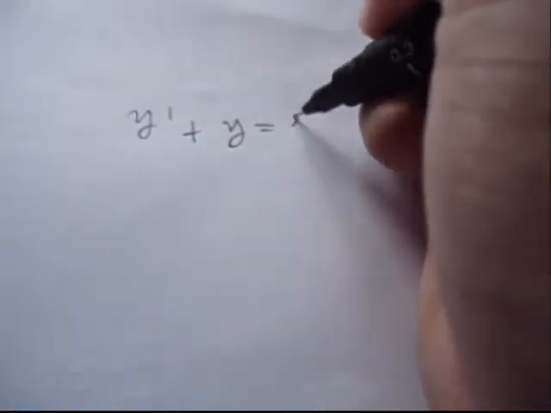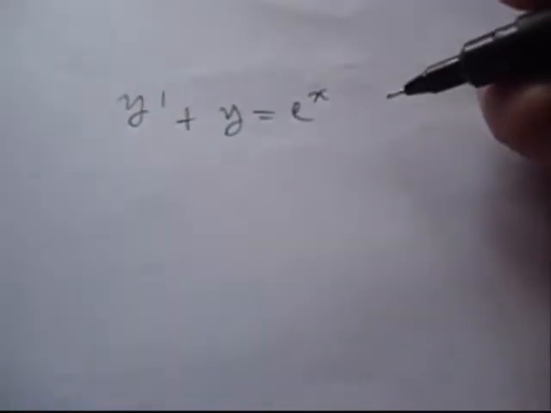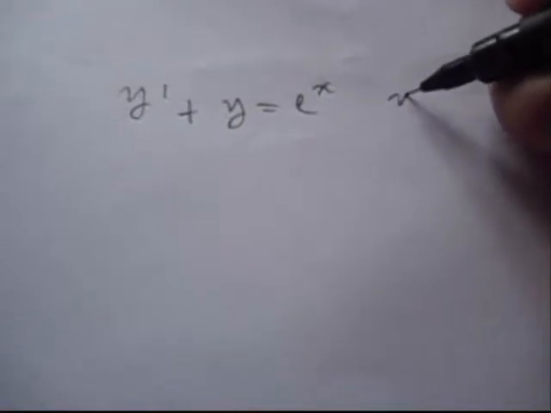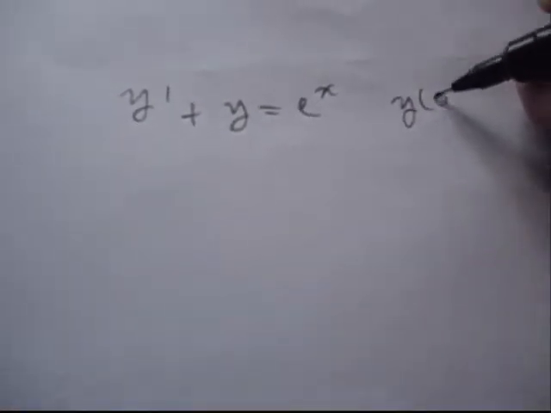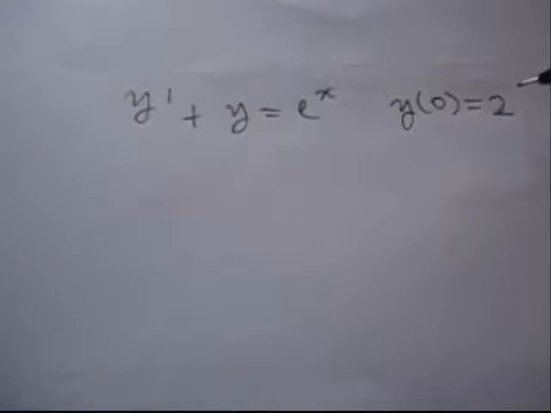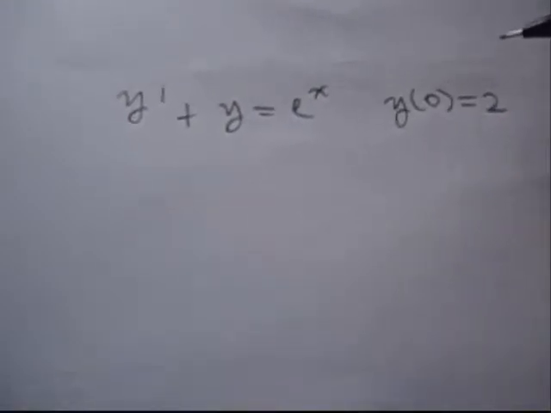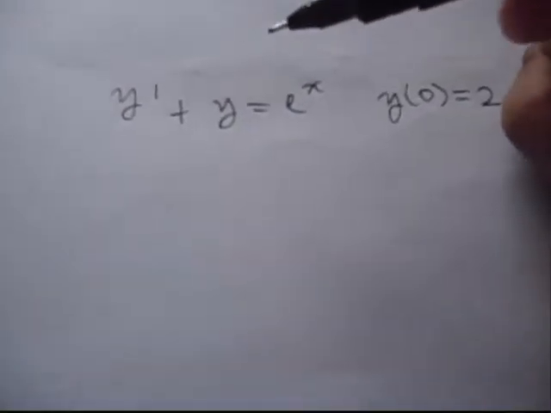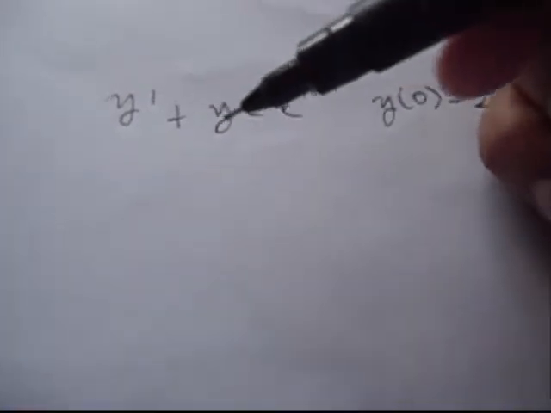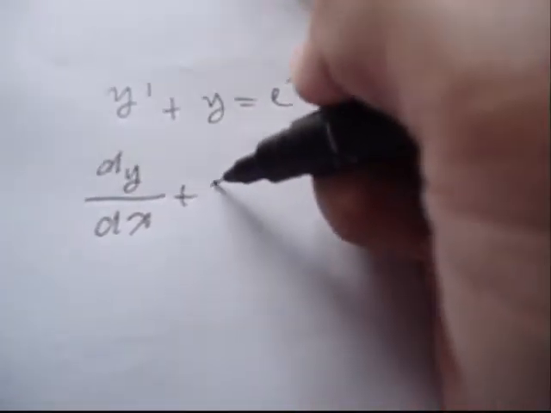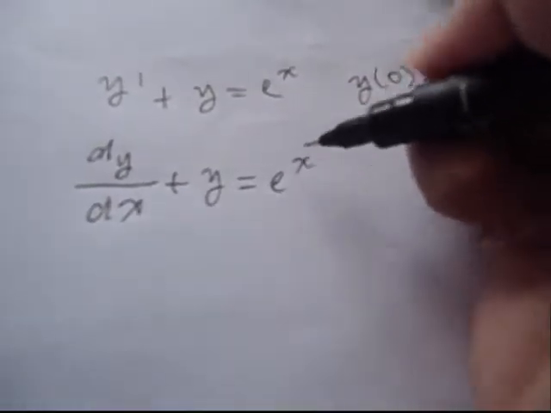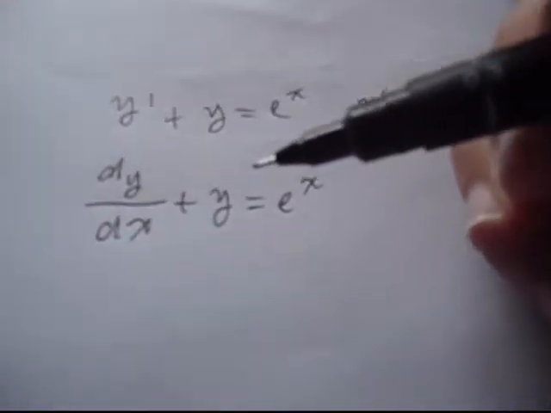Now we have the problem y prime plus y is equal to e to the power of x, and we have an initial value problem where y when x is 0 is equal to 2. Then, as you notice, this is a linear equation. First we write this as dy over dx plus y is equal to e to the power of x, and our integrating factor here,